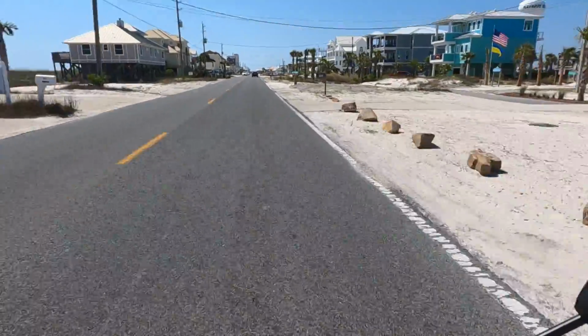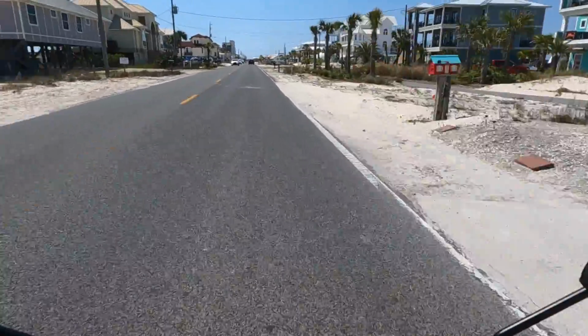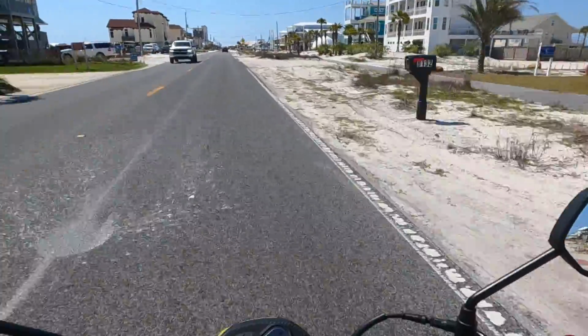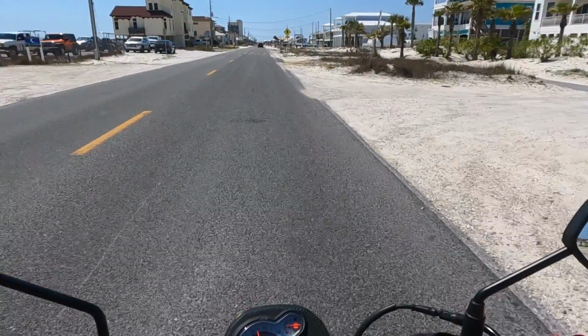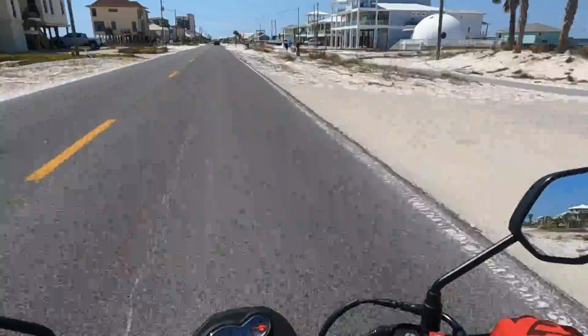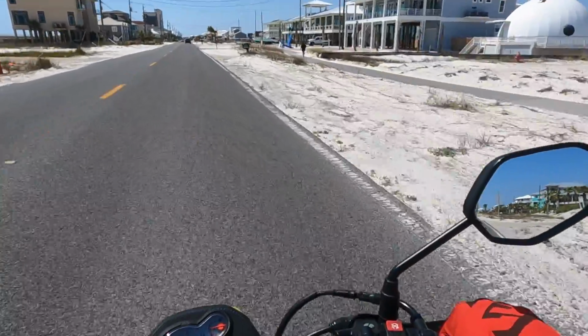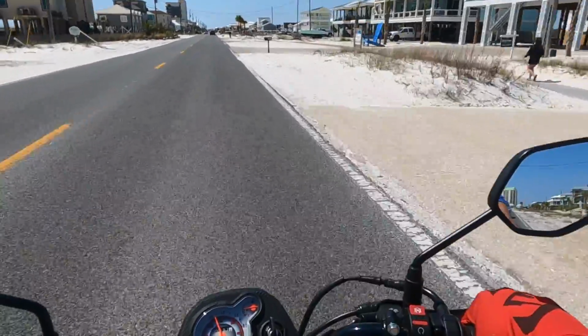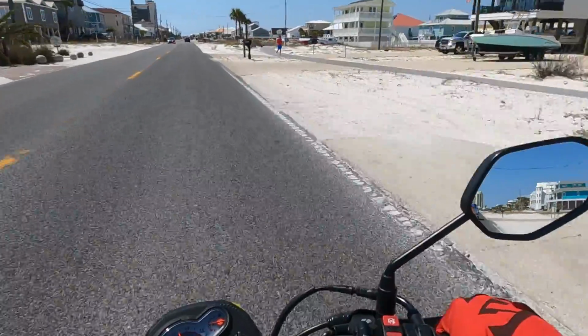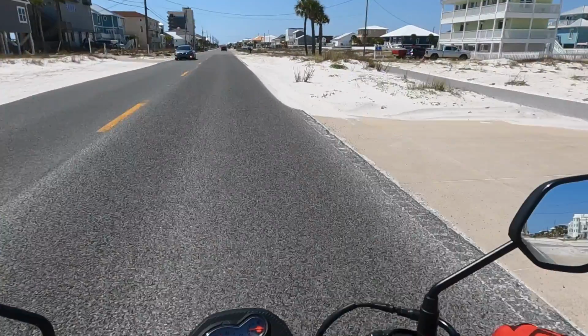With gas prices being absolutely bonkers right now, owning a small bore bike, a Navi, a Grom, a Honda Monkey is definitely the way to go. Like I mentioned before, if you live in a small town, or your daily commute to work is where the speed limit doesn't get over 45 or 50, this is the perfect bike to help save on gas. And plus, it's a fun bike to ride